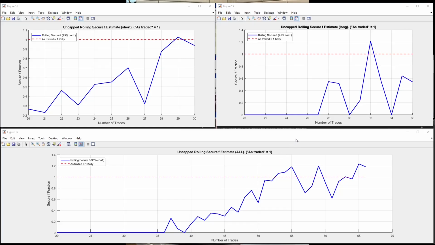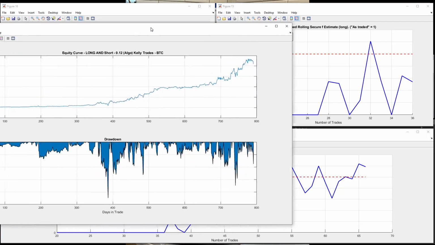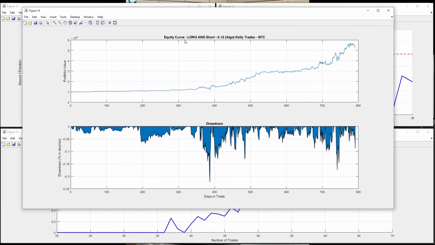instance, wrong. There is only one Kelly, but if you're going to do these fractions and you're going from chart to chart to chart, you better keep yourself clear or you're going to get sideways. So this as traded, this is what matters to me. When I look at this graph, I want to see that I'm bopping in and around this red dotted line because that red dotted line is what I'm doing. For me to remember what I'm doing, it's 0.12 here on this particular graph, and this gives you your equity